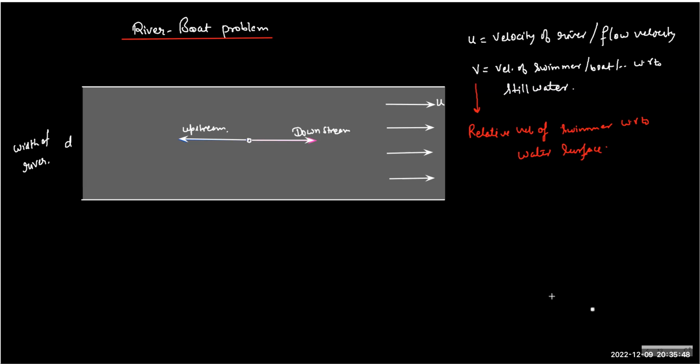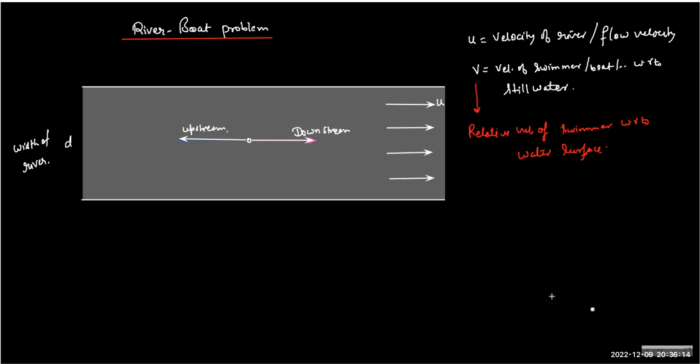Because swimming is an exercise which is happening with respect to the water. A bird will fly with respect to the air. You push the surrounding air and then you move. If the air starts moving, the bird will still fly with the same speed with respect to wind,